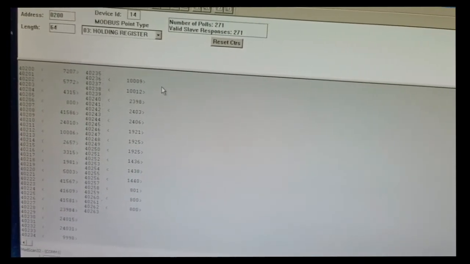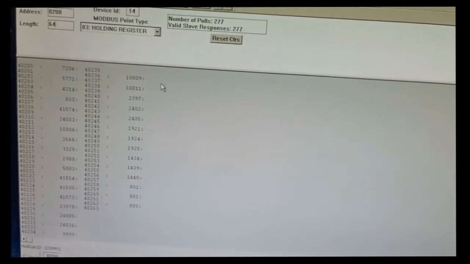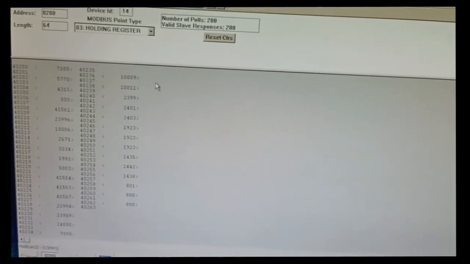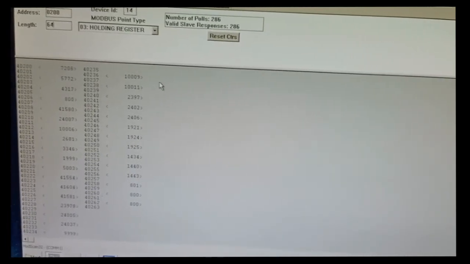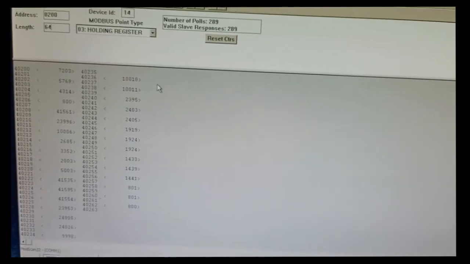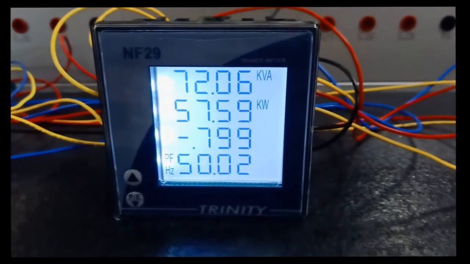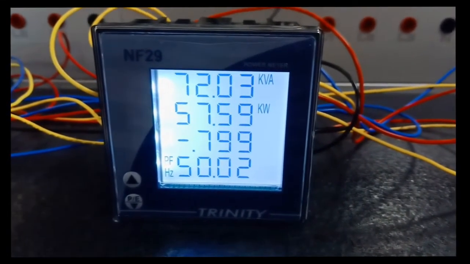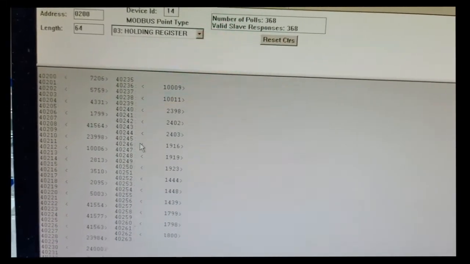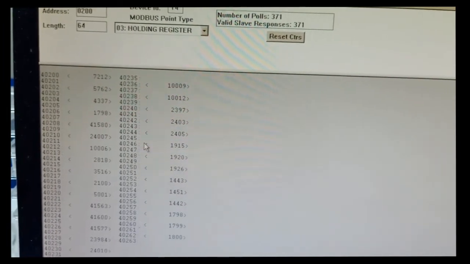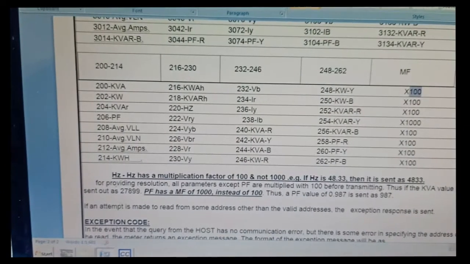If the power factor is on the lead side, then the meter will add 1000 to the power factor and send that data. So let's confirm this lead power factor also. Here it is lag side, so we are getting the same data as per the meter on Modscan32. We just need to divide the power factor by 1000. For lead power factor it is showing -799. To separate out this lead sign, the meter is adding 1000 to the power factor. So here you are getting 1799 at address 206, which is the power factor.